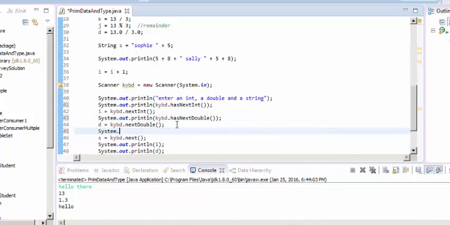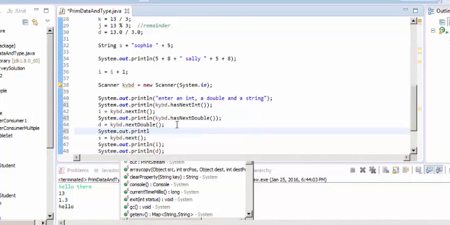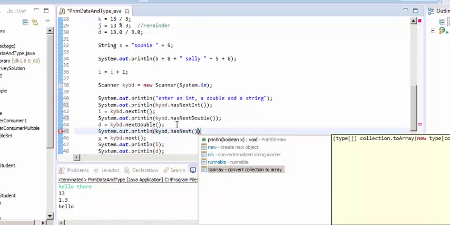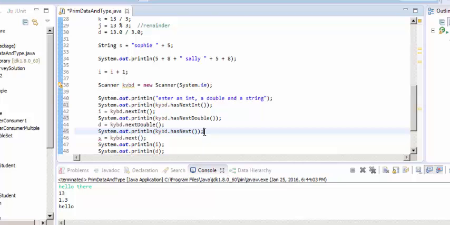And hasNext peeks into the string and tells you that another word is there to be read. And these will be useful when we get to loops and if statements. You can peek into the string and say, well, if the next thing I'm going to read is an int or a double, then I know how to read it. And so let's run this,